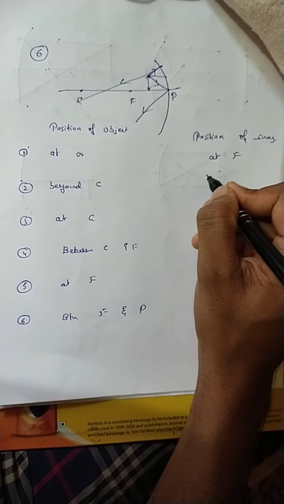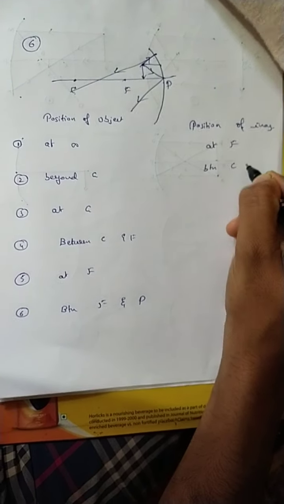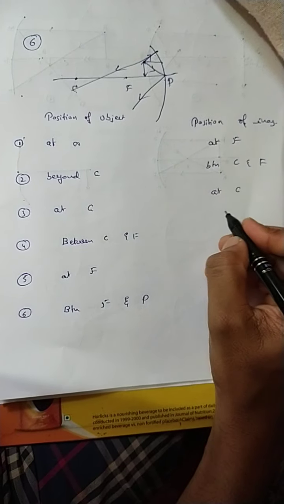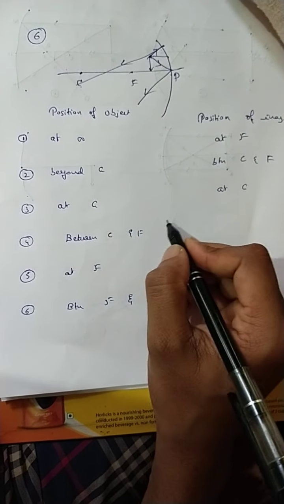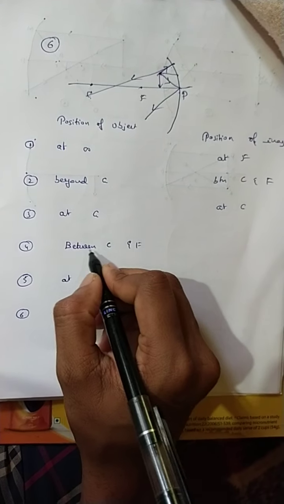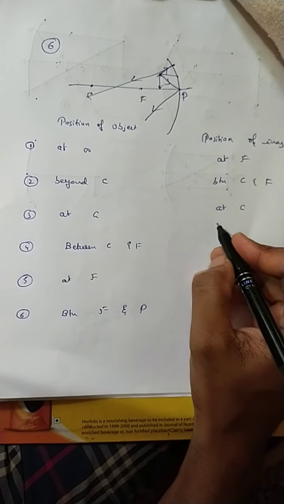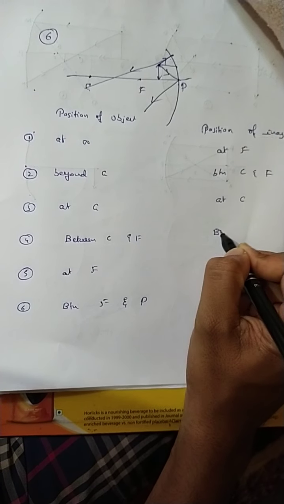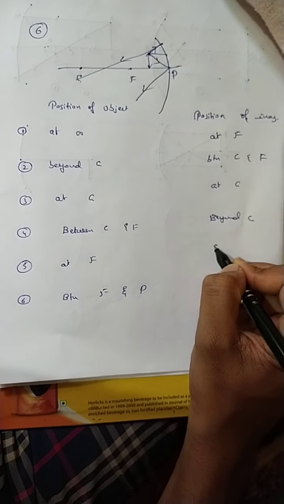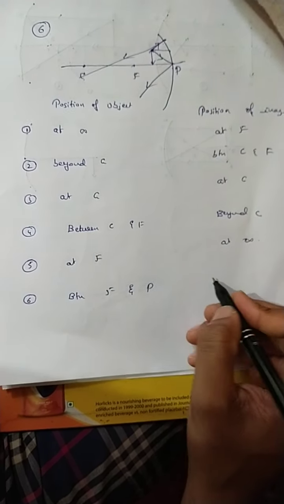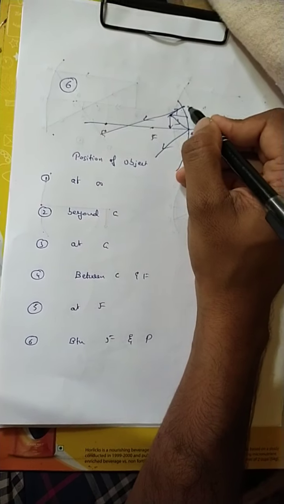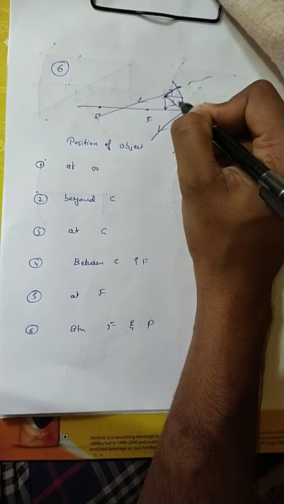Beyond C point, between C and F. At C point, at C. Between C and F point. C means center of curvature, F means principal focus, understand. Then here the object is placed between C and F point, and the image is obtained beyond C. Next, at F point, the image is at infinity. Next, between F and P, the image is obtained behind the mirror,